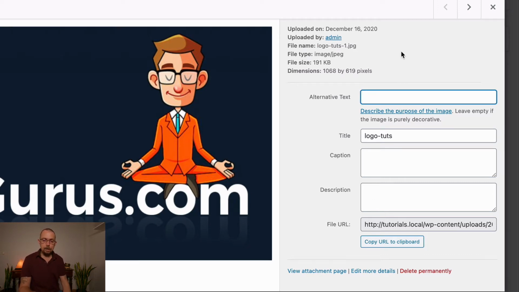Alternative text, this is a great idea. In fact, when you're working with SEO plugins later, they will give you, not errors, but like red warnings if you're using things like Yoast and other plugins, telling you that you haven't got alternative text on your images. Alternative text should be, let's say, for example, the image doesn't display on the website for some reason, then there'll be a little bit of text that will display what the image actually was. Sometimes people turn off images on the phone, different stuff. Another reason to use it is it's good for SEO purposes.